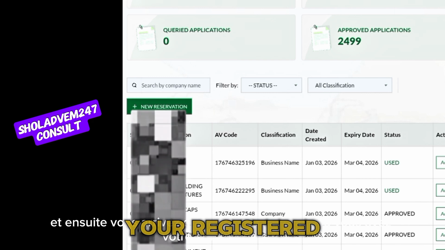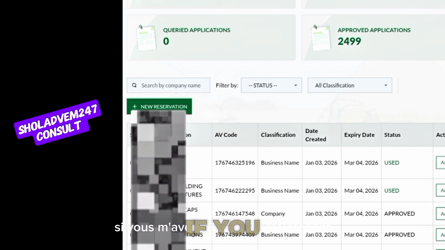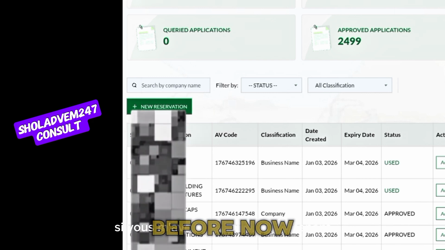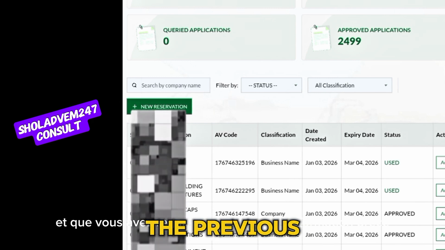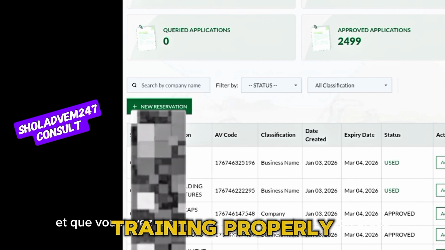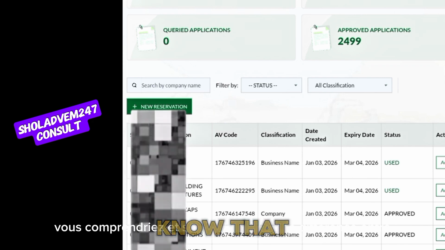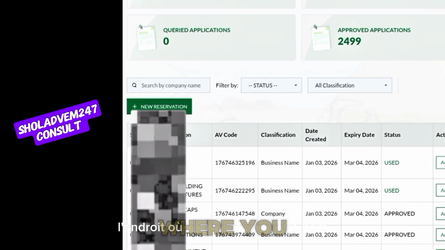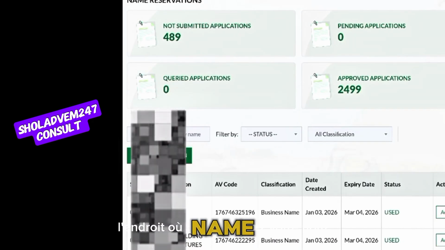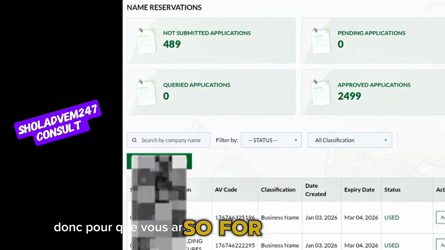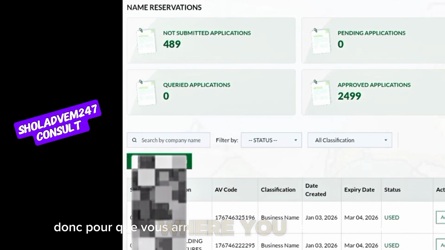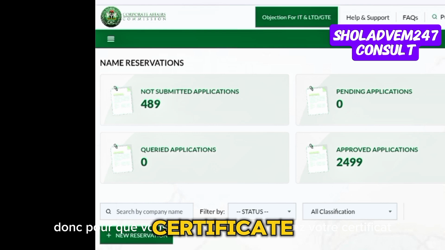have your registered name. If you have been following me before now and you have watched the previous training properly, you will understand and know that there is a difference between where you reserve your name and where you register your business name. So for you to get to where you have your certificate, all you need to do is to